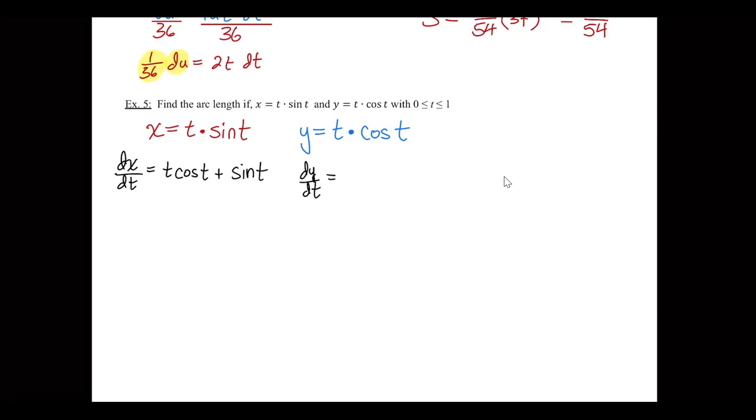First times the derivative of the second, the derivative of cosine is negative sine. So negative t sine t, plus my second function cosine t times the derivative of that first function again. And there we are. Because the derivative of t again is 1. It's not going to change anything. So you can already see that we're tackling a different